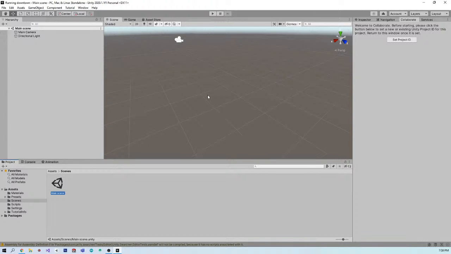I tentatively named my project Running Downtown because what I want to make is running in the downtown, in Manhattan, where those streets and avenues are perpendicular to one another. It's just like Cartesian coordinates, right? So whenever you run into a junction where any street and an avenue meet,